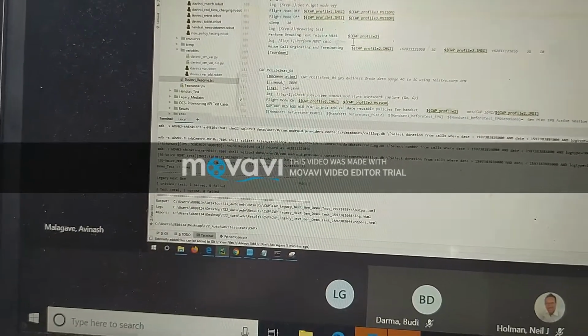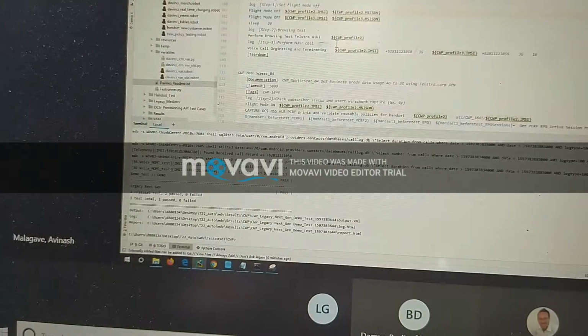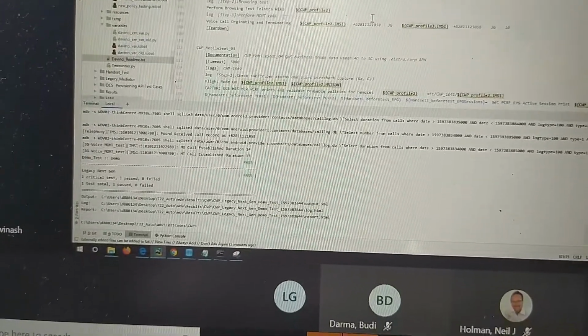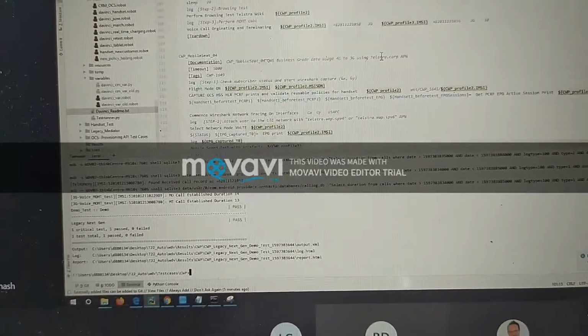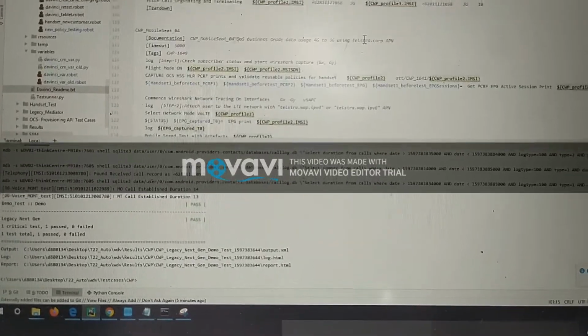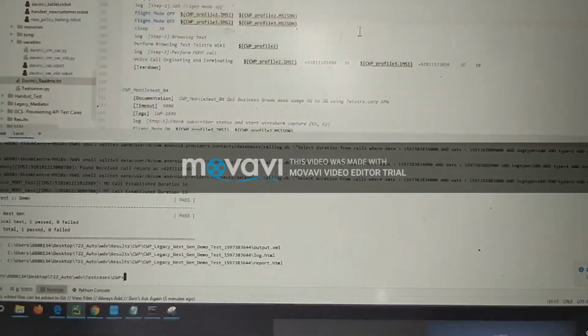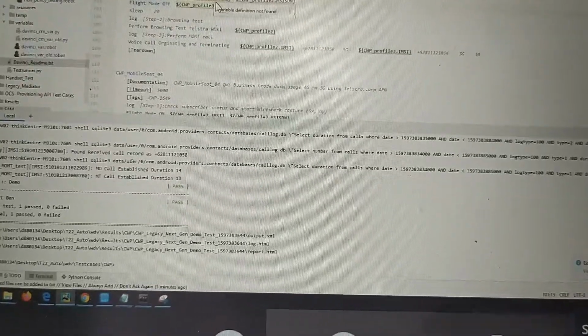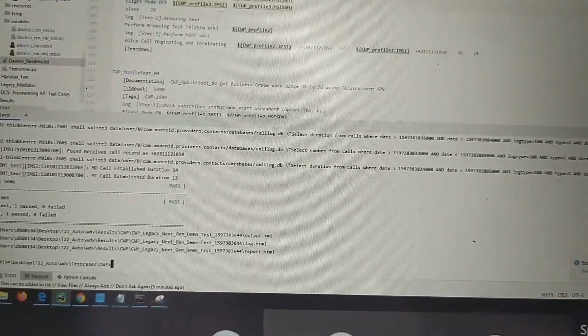Does anyone have any question as of now? It's very basic, for the demo purpose we have done all these things. There are a lot of other things that we can do. We can do 4G calling, we can do video calling, we can send SMS, MMS, browsing, speed test, a lot of other things we can do. It all depends on the test case actually. For the demo purpose, I have done all these steps actually.